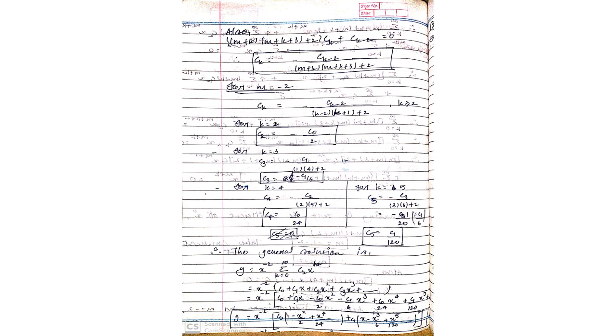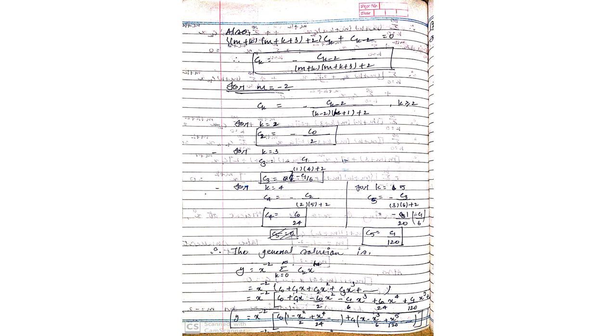At the last, you have to write the general solution, and that is y equals x to the m, summation k equals 0 to infinity, ck x to the k. Now doing the expansion, c0 plus c1x plus c2x squared and so on, with m equals -2, because we are doing it for the smallest root -2 only. So x to the -2 and this whole term. Now c0 plus c1x: c1x will stay as it is, because that is your arbitrary constant.